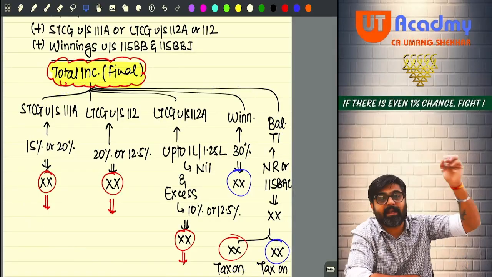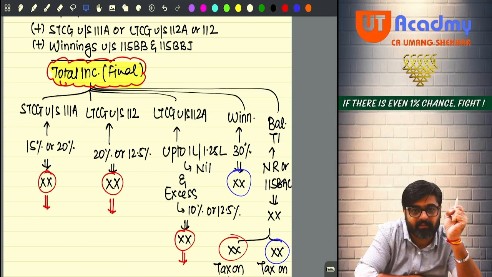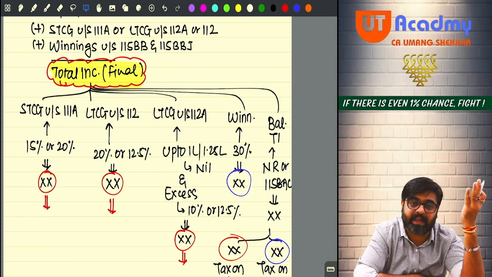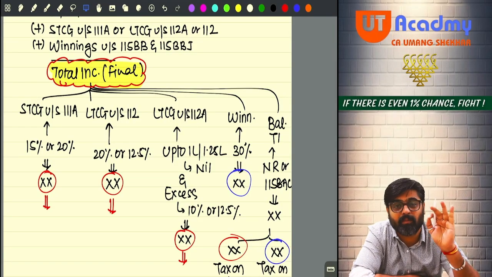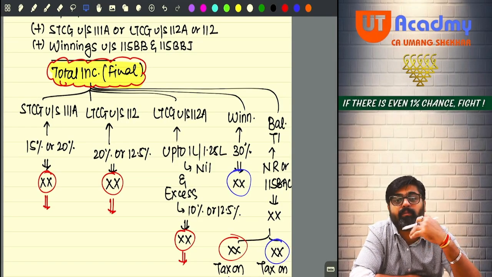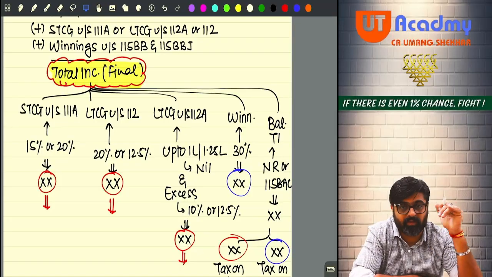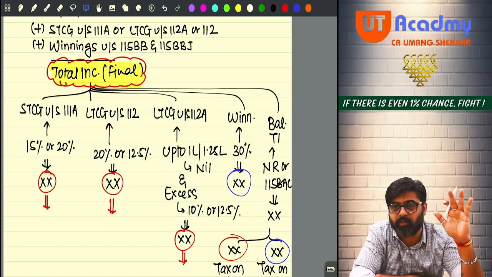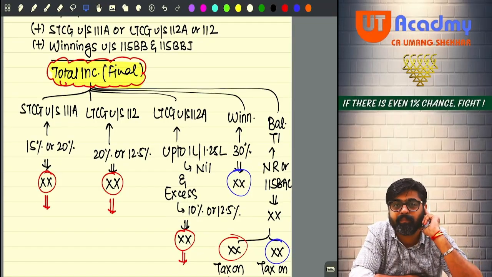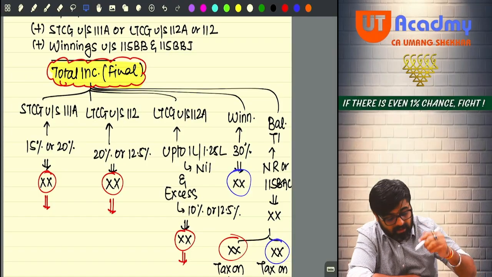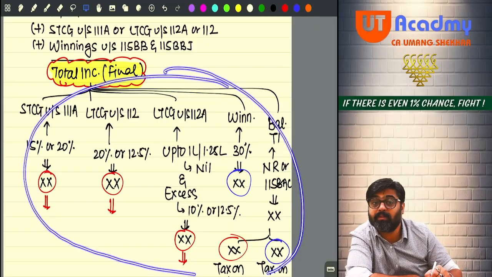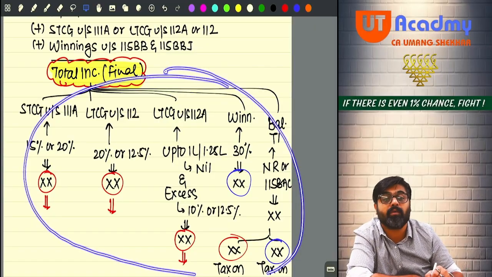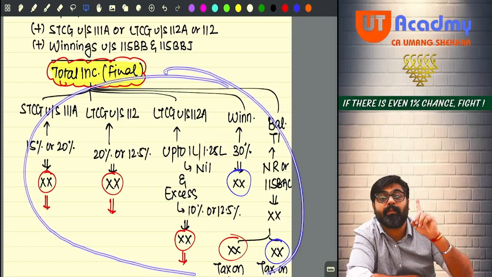So the entire tax I have to first add. That tax I can take as rebate, subject to a maximum of 12,500. If I am not following 115BAC, or if I am following 115BAC, then a maximum of 25,000. Getting my point? But remember, your entire tax you can claim as rebate subject to a maximum of 12,500 or 25,000, except